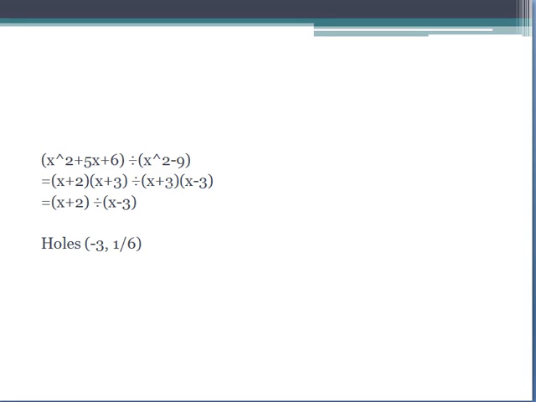Also, with those two canceling out, we know one of our holes is where x is minus 3, and when we punch minus 3 into either this form or this one, we get 1 over 6 as the y. And if we move forward,